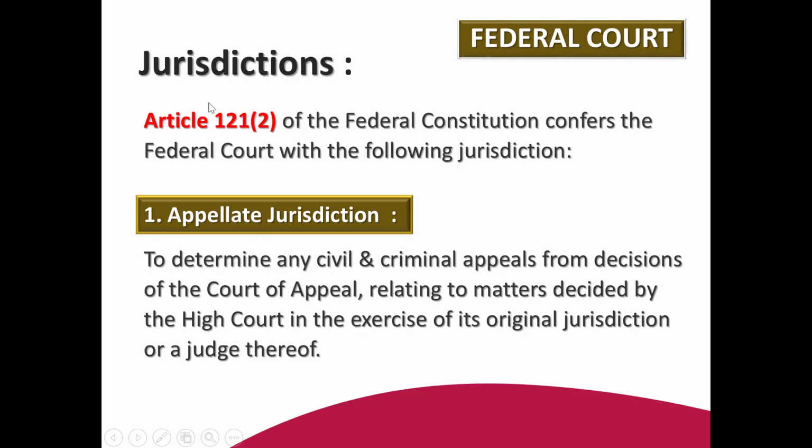For the appellate jurisdiction, it is provided under Article 121, Clause 2 of the Federal Constitution, which confers the power to the Federal Court to determine any civil and criminal appeals from the decisions of the Court of Appeal. Maknanya, fungsi bidang kuasa rayuan Federal Court adalah untuk menentukan sebarang rayuan sivil dan jenayah from the decisions of the Court of Appeal relating to matters which was decided earlier by the High Court in the exercise of its original